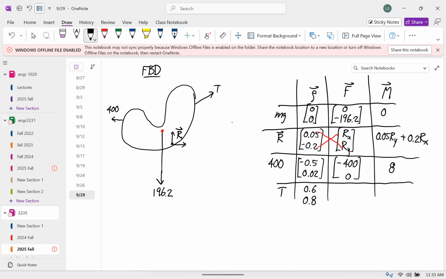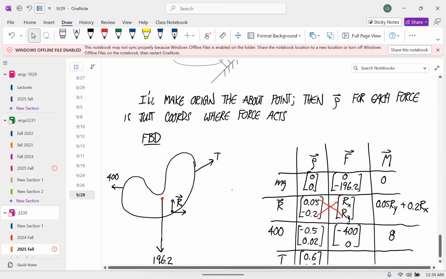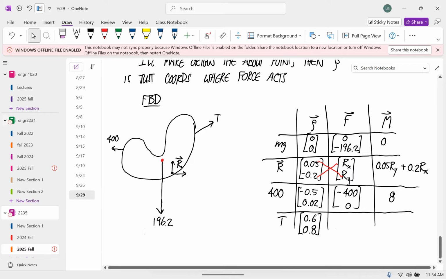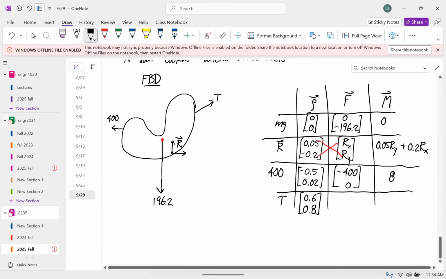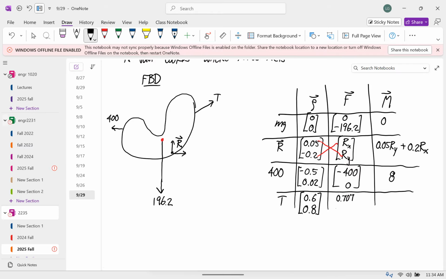It is this times this minus this times this, so it's a double negative, so it's positive. And then it says that angle is 45 degrees that cable makes. So it's T times cosine and sine of 45 degrees. So this is 0.707 T,